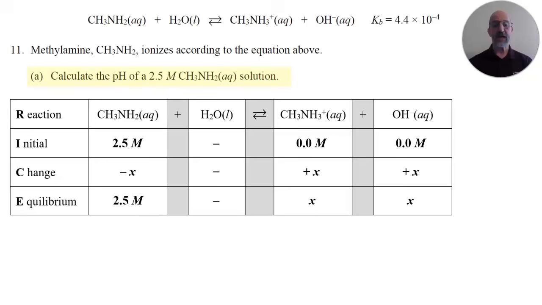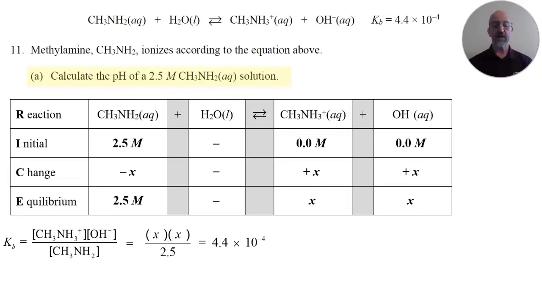So I'm going to go ahead and put in everything I know into the Kb expression. So that would be the concentration of the methylammonium ion times the concentration of the hydroxide ion. So X times X, over the concentration of the methylamine, 2.5, and that's equal to the Kb, which is 4.4 times 10 to the negative 4. So now I will solve for X. So X squared is equal to the product of 2.5 times 4.4 times 10 to the negative 4. So X squared is equal to